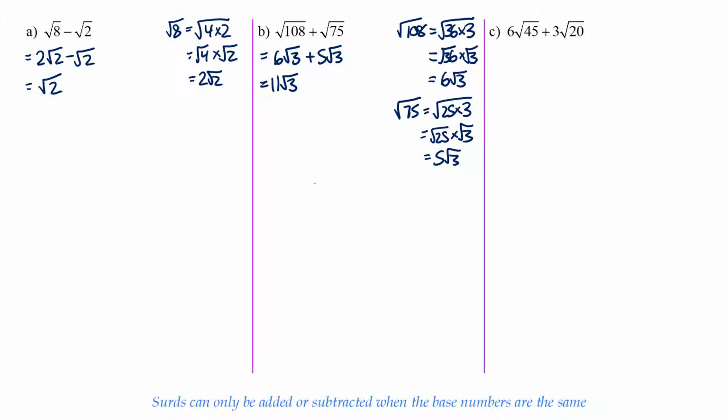Now, if you didn't realise that you had a larger perfect square, okay, you do have another option. So if, for example, you went 108 and you went, okay, 108 can be divided by 4. So you went square root of 4 times 27, which is the square root of 4 times the square root of 27, which is 2 root 27. You have to realise that that square root of 27 can be divided by 9. So you have to go again. So that's equal to 2 times the square root of 9 times 3,